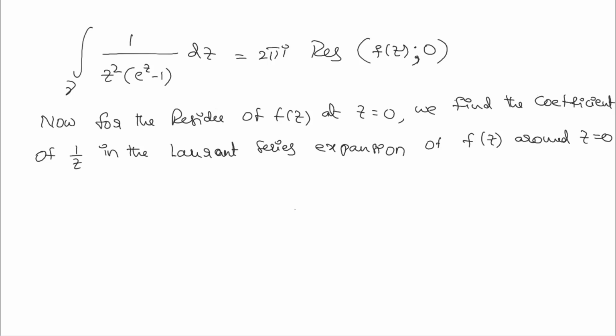So now we can write the function f of z given as 1 divided by z square times e to the power of z minus 1